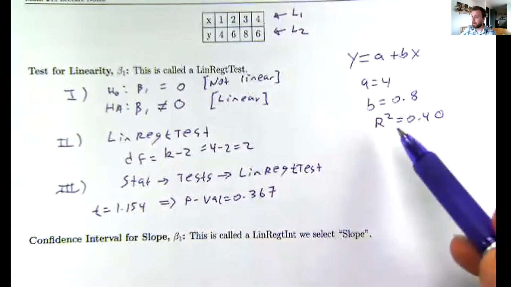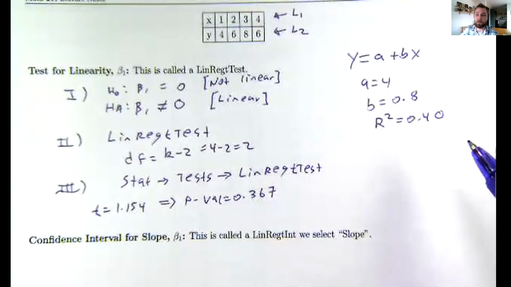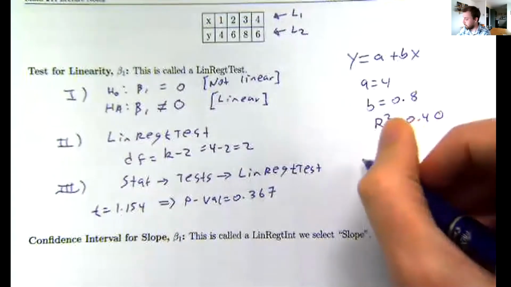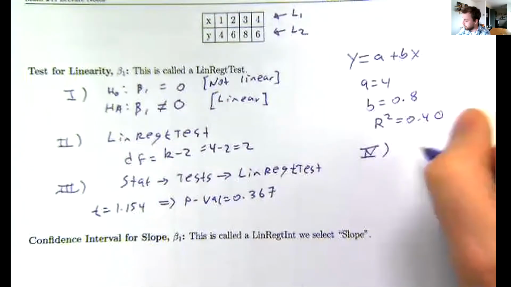So even based off the r-squared, I would never want to use this thing for predictions. It only looks kind of like 40% like a line. Likewise, when I do the test, I get a really large p-value. So when I do the fourth step, the conclusion,